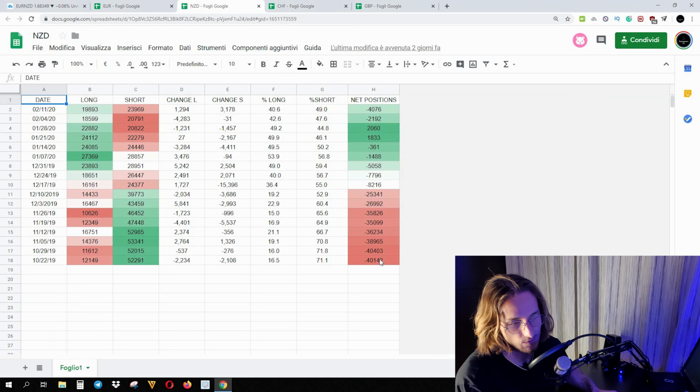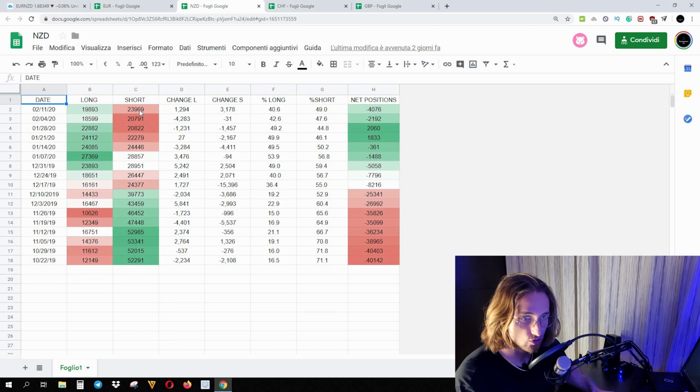getting a lot stronger. Okay, obviously we went from minus 40K to minus 4K, with shorts closed in more than half, from 52K shorts to 23K shorts, and the longs almost doubled. So a massive amount of longs added, a massive amount of shorts closed, net positions definitely increasing, but in the short term, we can expect some weakness, because we went from 2K to minus 4K with a lot of shorts